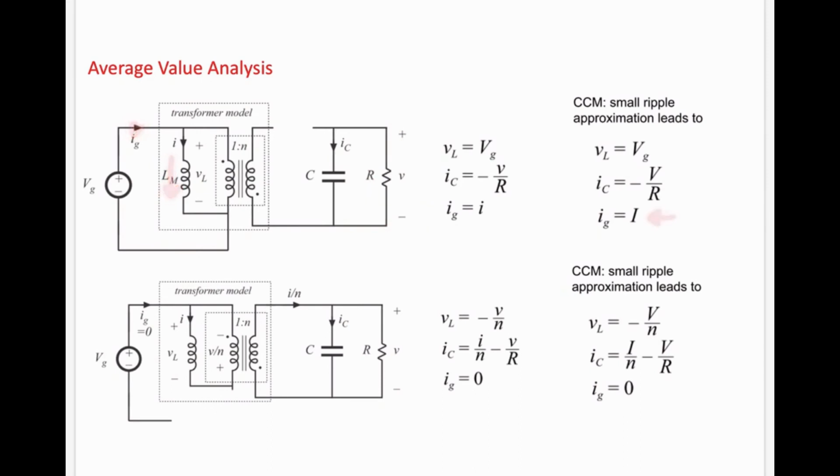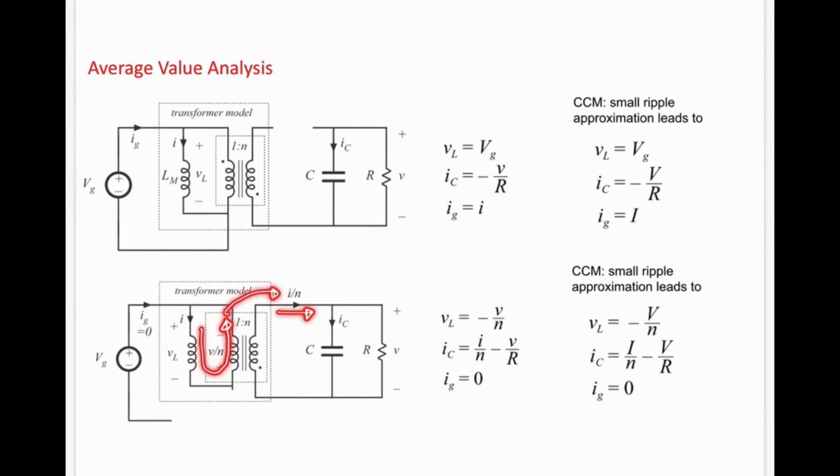And when your switch is in the off state, the second state, what's the voltage over here? The voltage over here is V, and that will be reflected back over here by the turn ratio, and the turn ratio is 1:n. So that is the voltage on the primary side. Now what's the current in the capacitor? The current over here is I1 or I, that is reflected on this side,